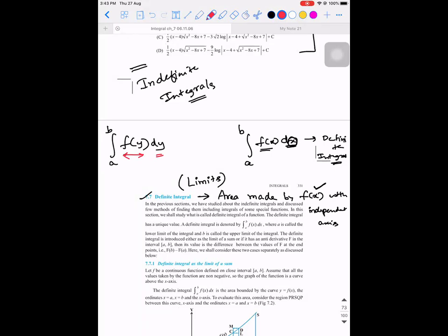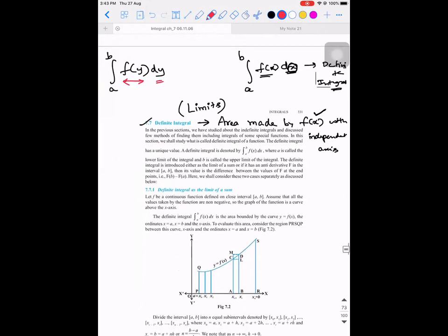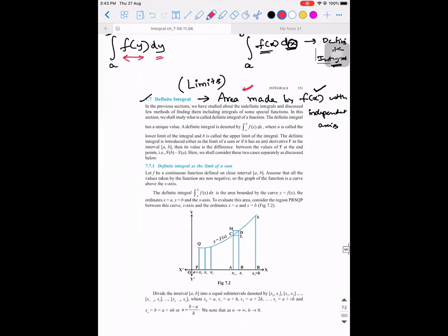I hope you're able to understand. In this chapter we will not concentrate upon area, because that is an application of definite integral which will be taken care of in the next chapter. As of now, we are going to learn how to handle definite integrals. To get the formula for a definite integral there is a method called limit of sum, which is deleted from your syllabus. Since this topic is not very important, I'm skipping it.